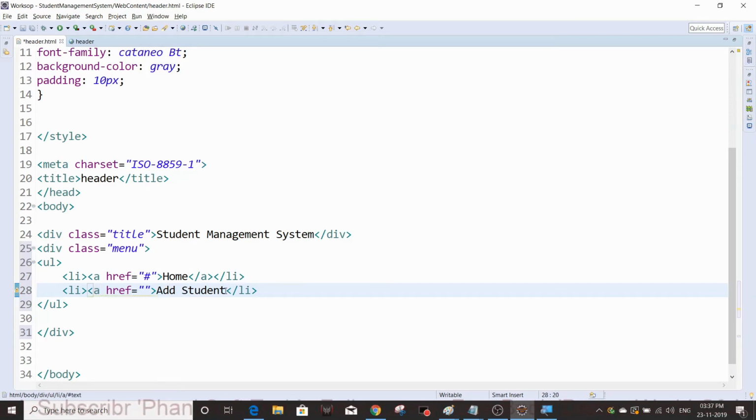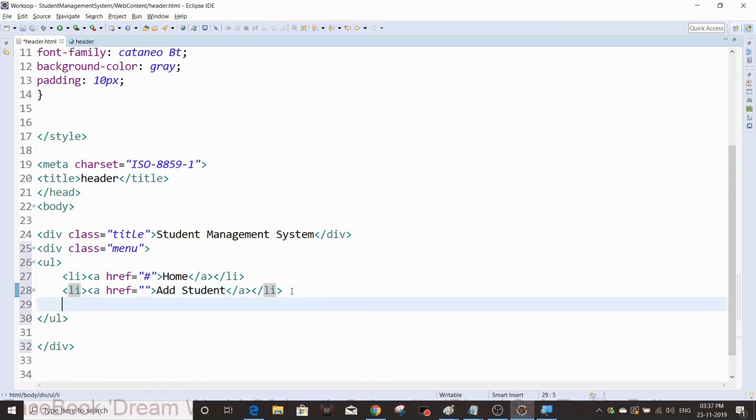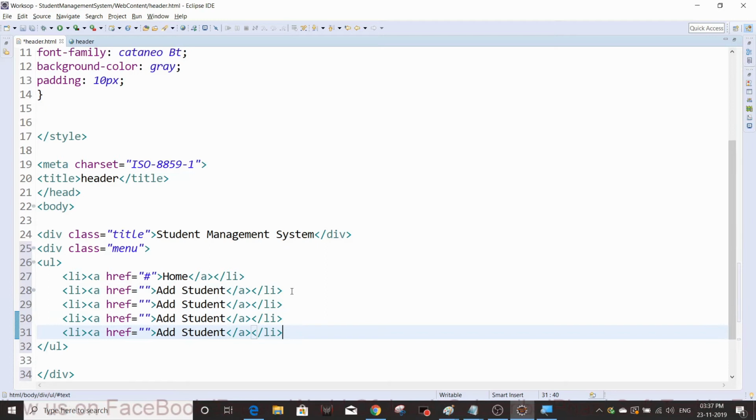control x, control v, and control c, control v.